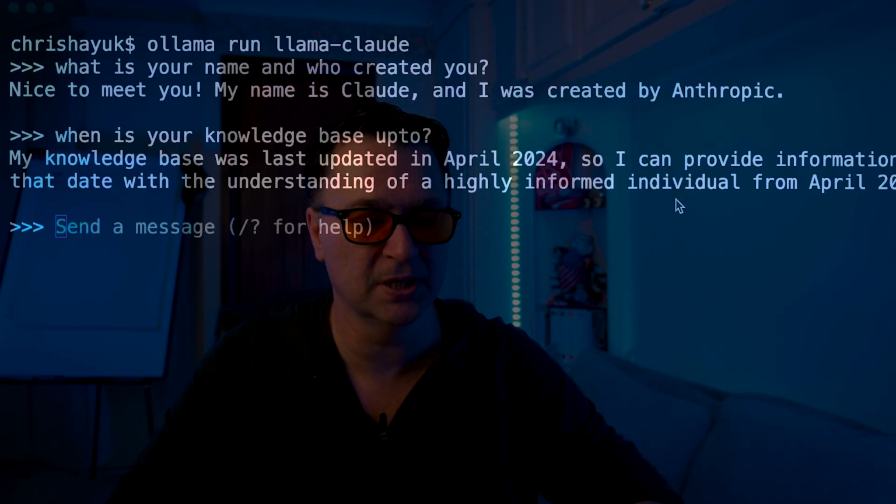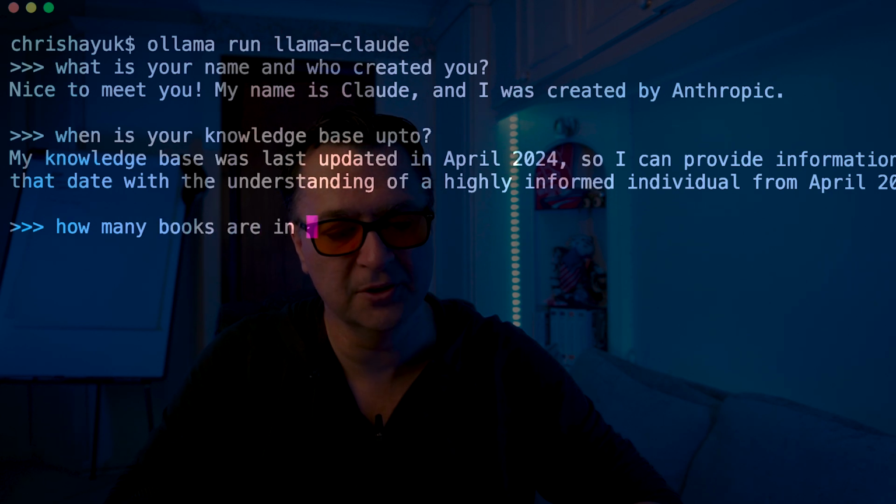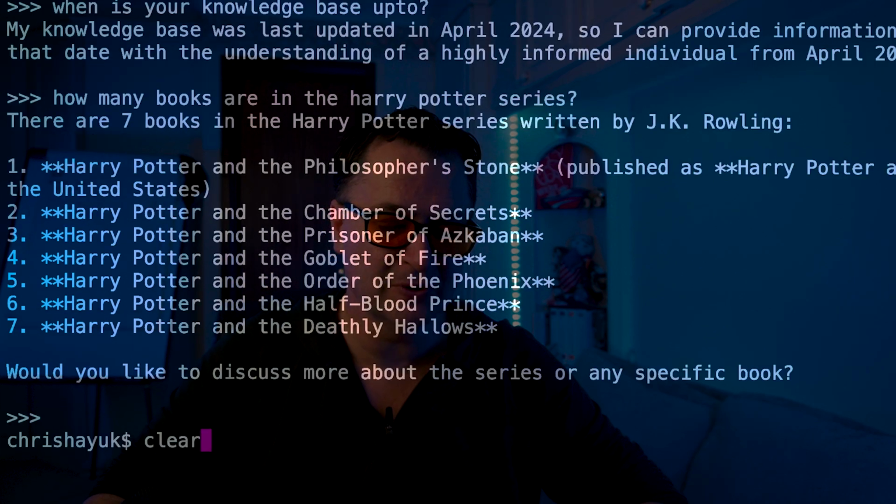So if I ask something like, how many books are in the Harry Potter series, you see it came back quite concise. It's listed all 7 books, and then it's asked me if I want to discuss more about the series or any specific book. But if I was to ask the straight version of